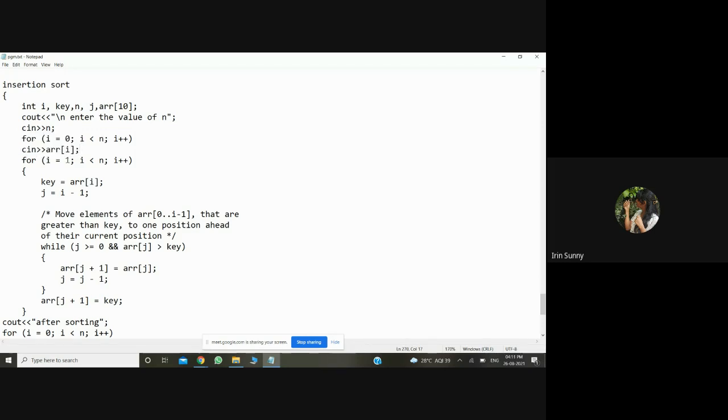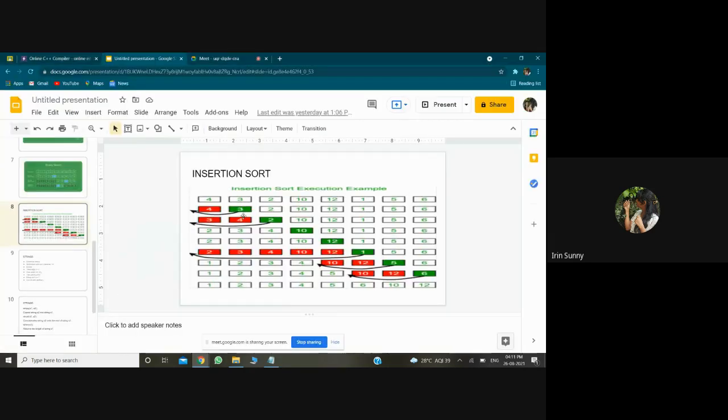Next is we're taking for i is equal to 1. Why did I start from i is equal to 1? Because I'm actually comparing the second position element, that is the element which is at the first index, not the element which is the 0th index. When I say second position element, I mean i is equal to 1. That is, the element is present in the first index, because in an array the indexes start from 0 and not 1.